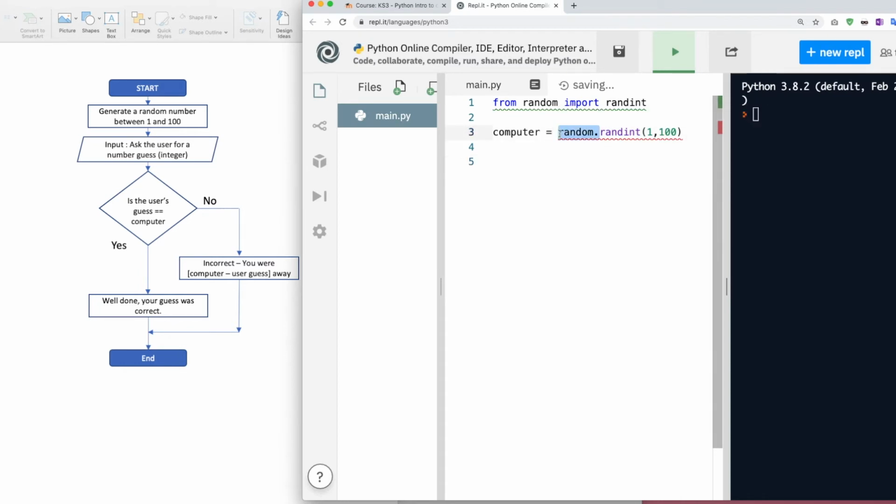I don't need to because I'm basically doing a shortcut on the top here. So the first part is we're importing a random library. The next thing we've got there is we're generating a random number between 1 and 100, and we're storing it in a variable called computer. We're then going to ask the user for an input or a guess,